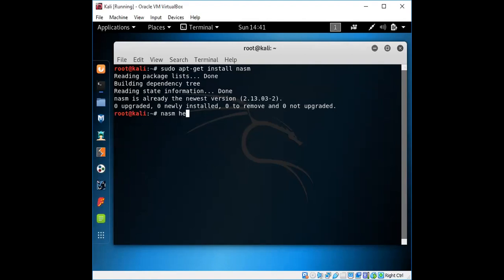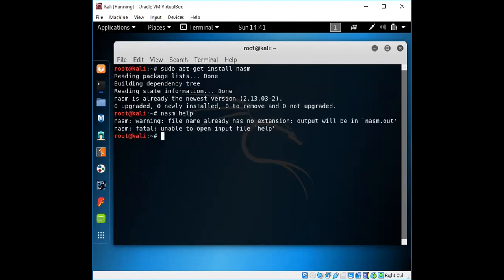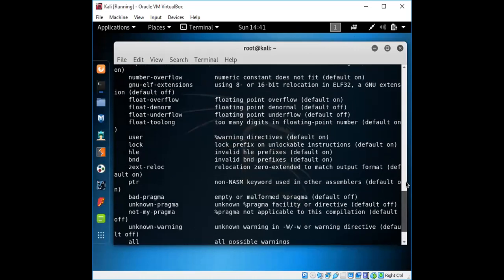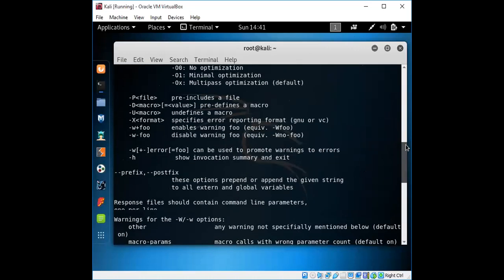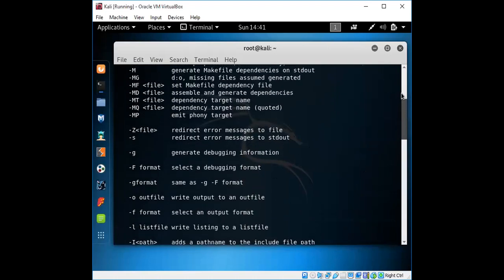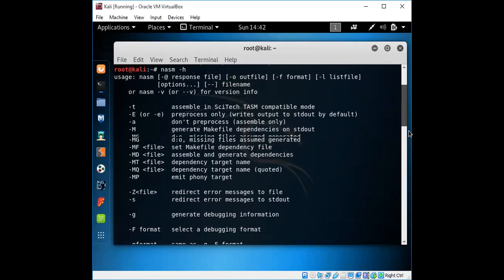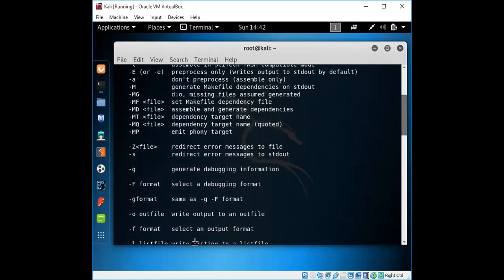NASM. Let's see it for help. Okay, so if you use -h, we are able to see the different commands we can use for this or any other tool. NASM -h. Mostly we will require the options related to the output file, right?